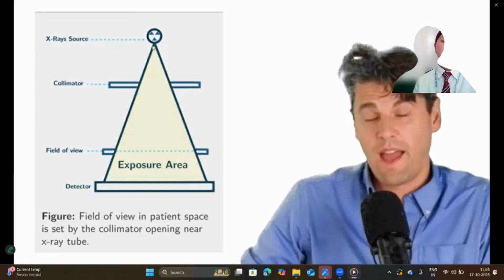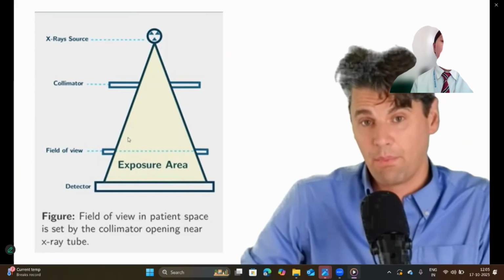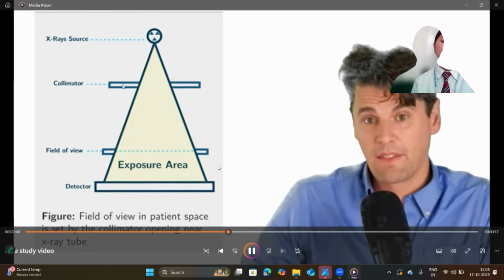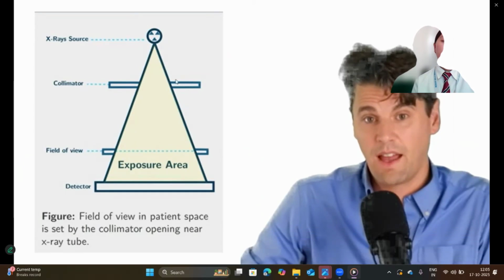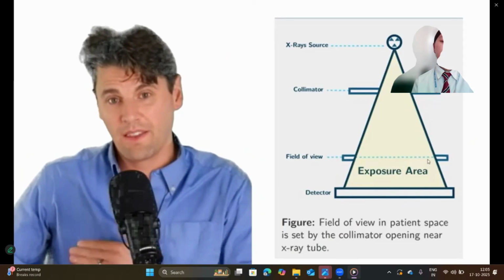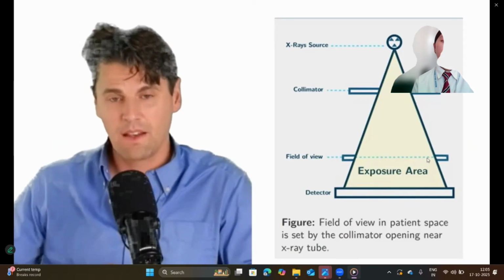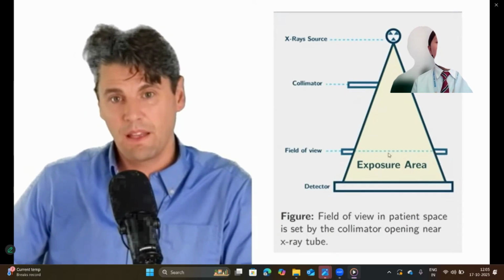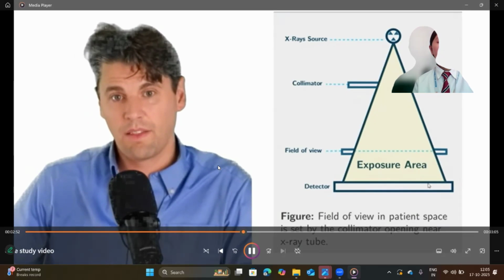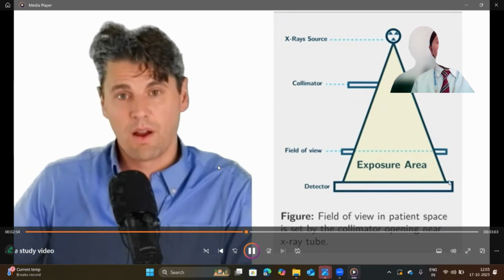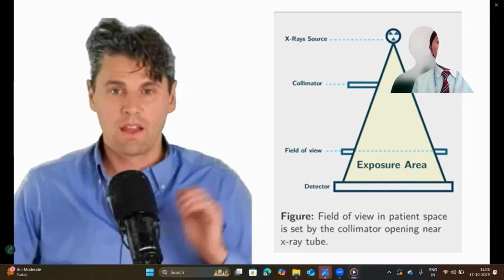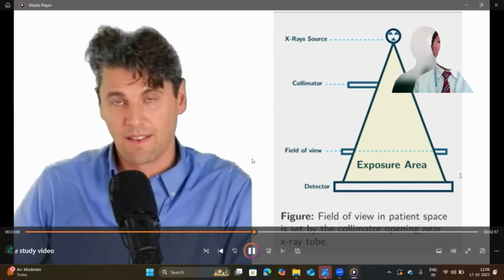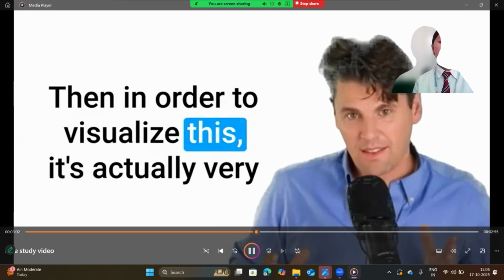On our figure, you have the X-ray source, and then you have the beam, which is collimated down by the collimators here on the side. We'll define a field of view in the object plane of the patient. Then you can see the field of view in the patient plane here. And then you can also see how that's defined on the detector, where in this case, we've only collimated down a little bit, so most of the detector is covered. Then in order to visualize this,